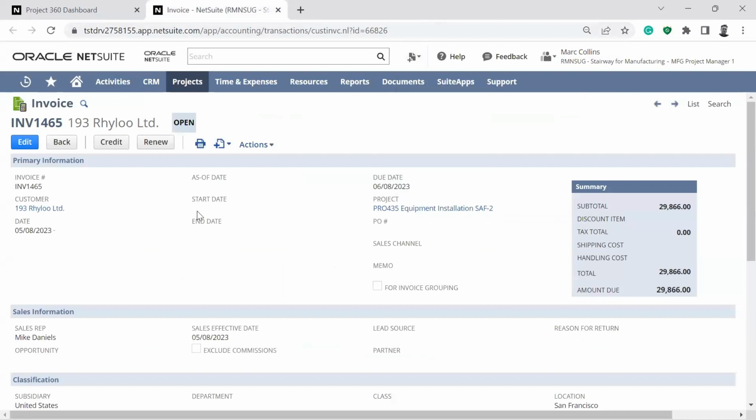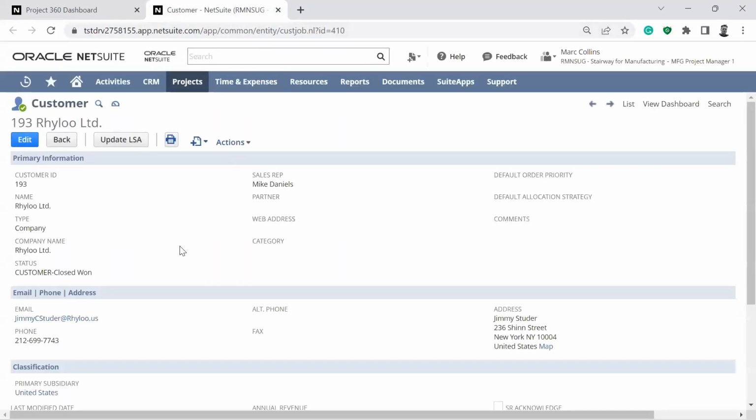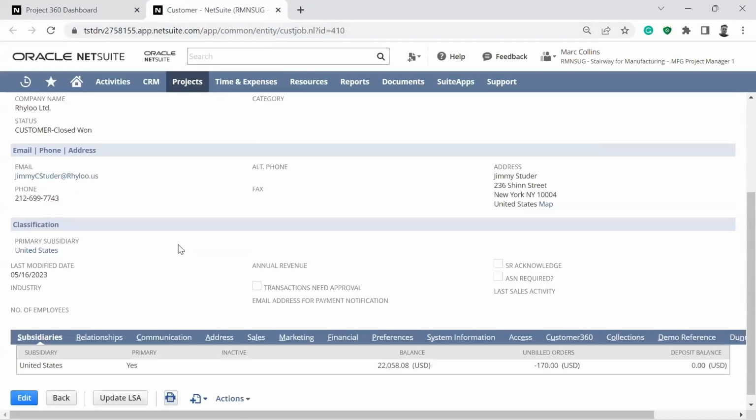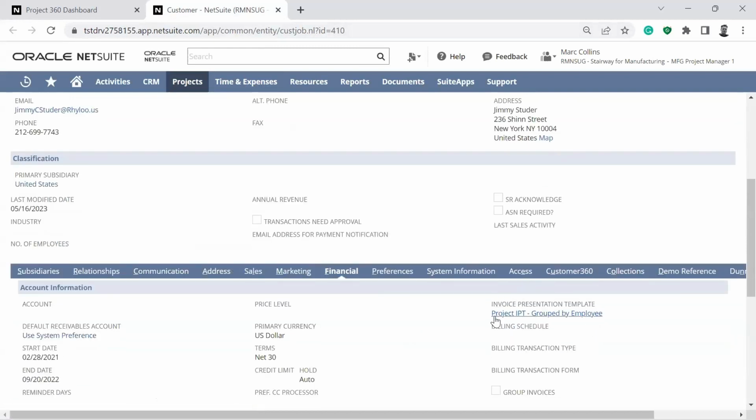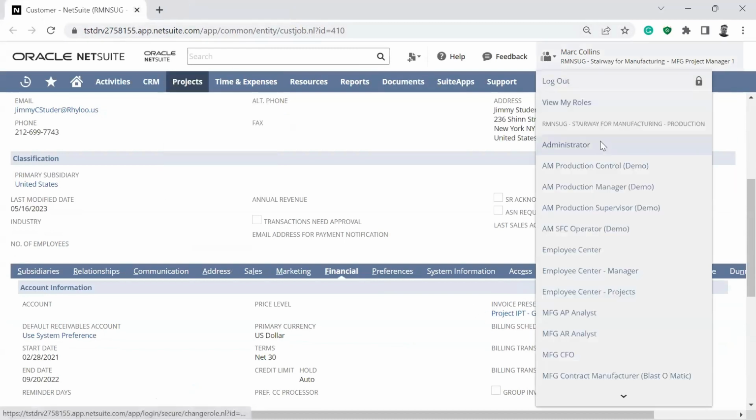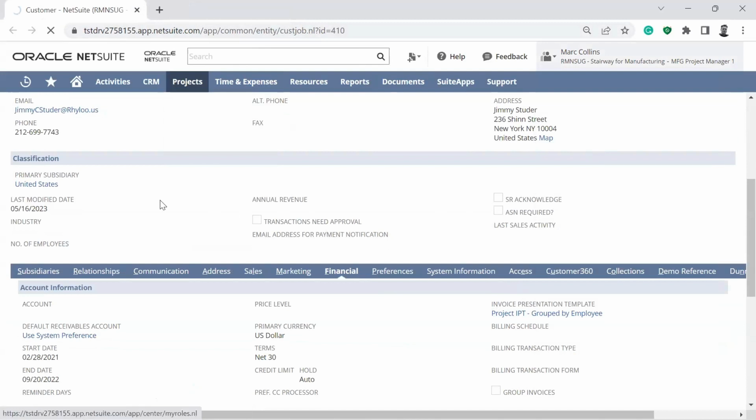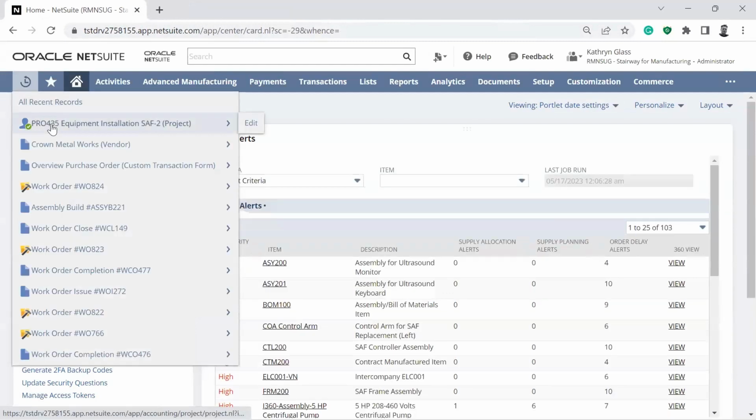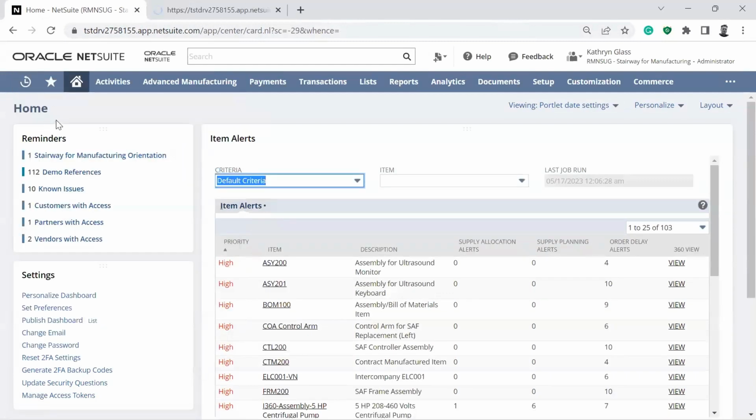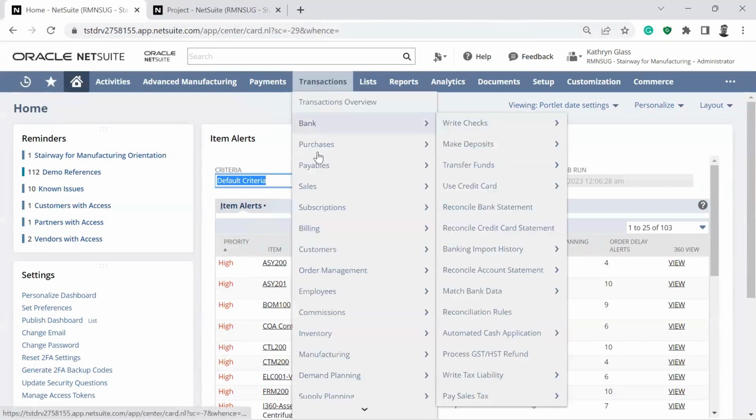So the other place where you can see this is at the customer. I'm going to open the customer for a moment, and then we'll go take a look at the definition of the invoice presentation template. So the customer record, I believe it is under the financial subtab. And we have our invoice presentation template. Let me move over to my administrator role, because we need some administrator privileges to define the different sections on the invoice presentation template. I'm going to open that project, and then I'm also going to show you under transactions,